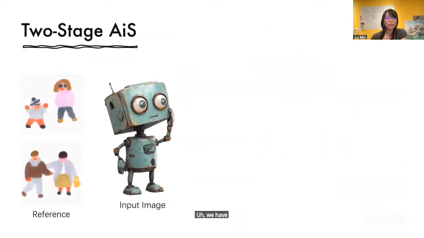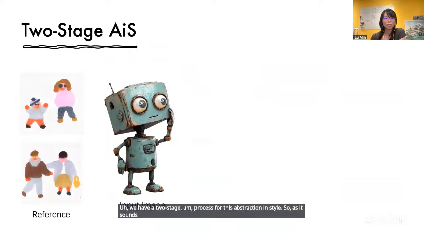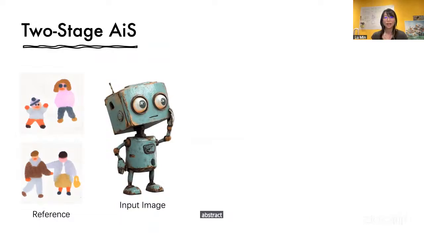We have a 2-stage process for abstraction in style. As it sounds like, for abstraction in style, we disentangle abstraction from the visual appearance. So the first stage is to do abstraction. In abstraction, we only consider